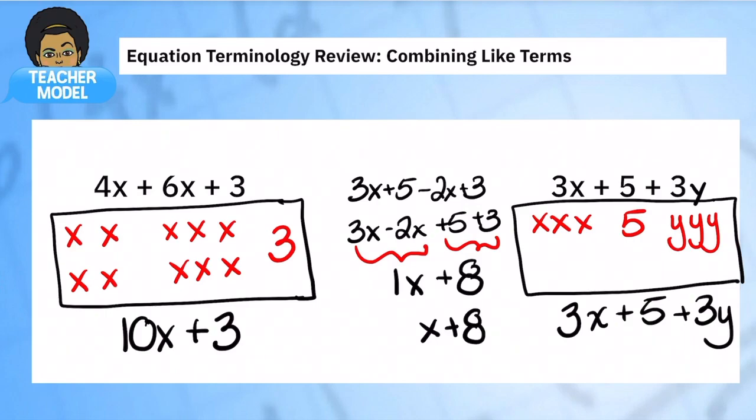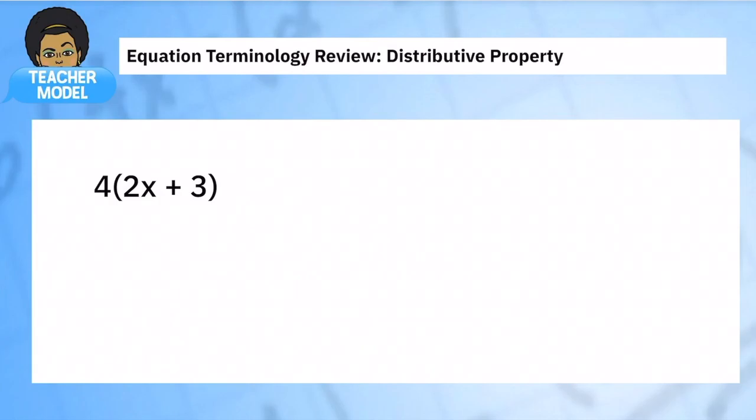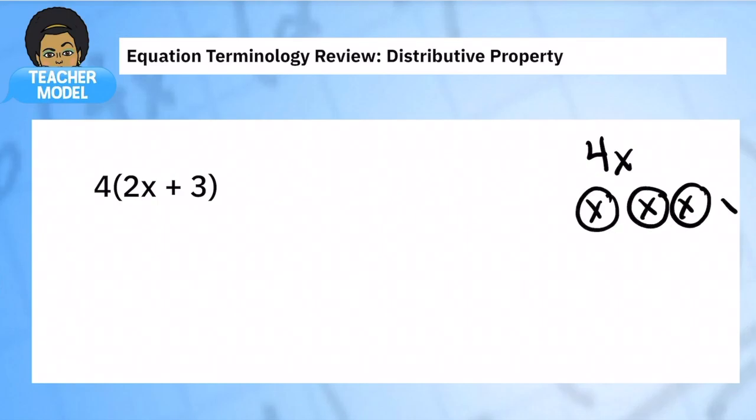We're going to add on to that a little bit more. First, we're going to think about the distributive property. And this is just another way to unpack grouping. There is some multiplication happening here that isn't always clear and easy. So let's unpack it. If I just had 4x, we know that I would just have 4 groups of the same number, x. In this case, I have 4 groups of 2x plus 3. In other words, I have 2x plus 3,